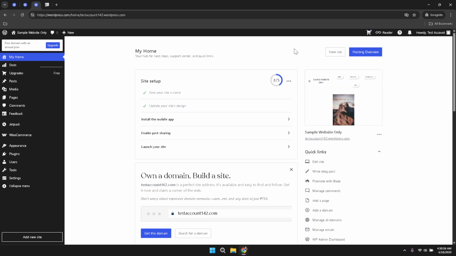of remembering additional credentials. Once you have successfully logged in, look for the Quick Links section on your dashboard. This area is designed to provide fast access to the most commonly used features. Among these options you will find a link labeled Edit Site. Clicking Edit Site will direct you into the site editor, where you can manage and update various elements of your